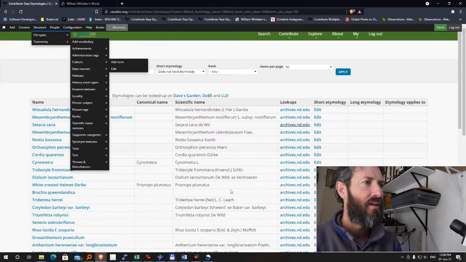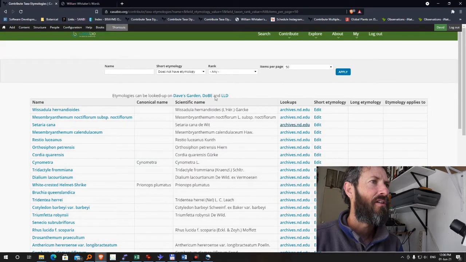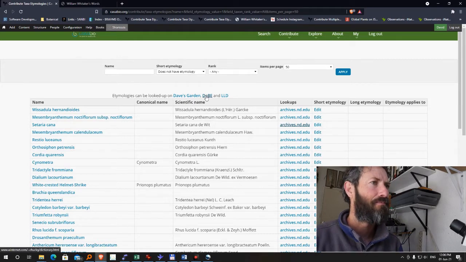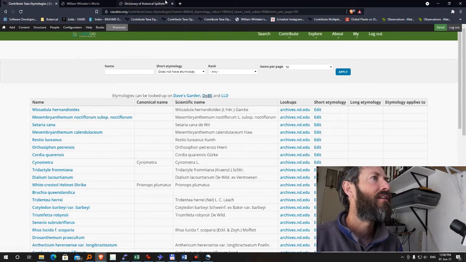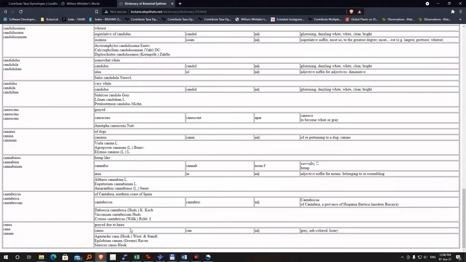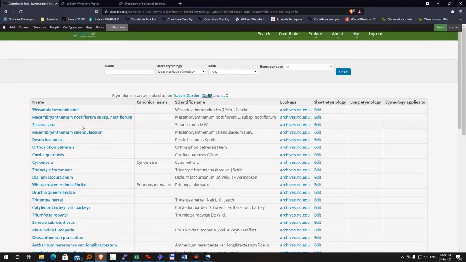That's enough. So we can also look up on Dictionary of Botanical Epithets, so middle click on that, and this is a really useful resource as well, and we'll see it means greyed due to hairs. Ooh, I like that, grey or ash colored. So let's go back to here, and now we click on edit,